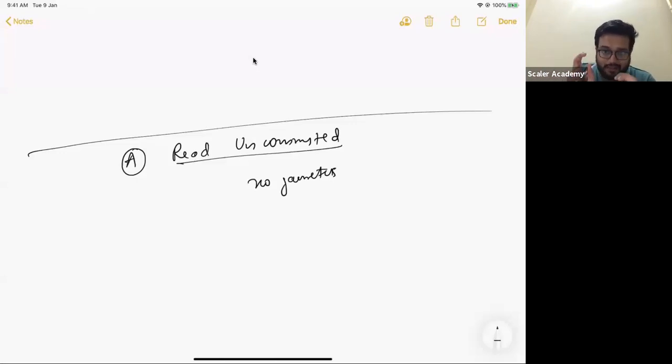So the first level, the very, very basic level of isolation is called read uncommitted. In this transaction, you may even read uncommitted changes. I will explain this. In the meanwhile, let me read what Lokesh says. Yes, till the right, I told that I have not worked on distributed OS, so I explained the simple system. Makes sense, Lokesh, and congratulations if you managed to clear that. Very, very happy to hear that. Cool. So read uncommitted basically means no guarantees.